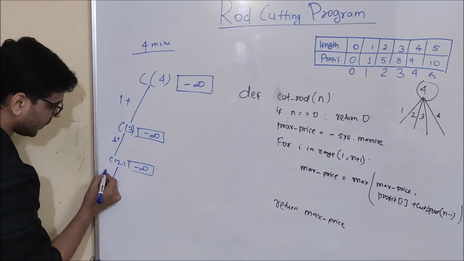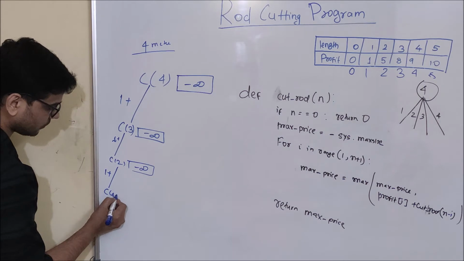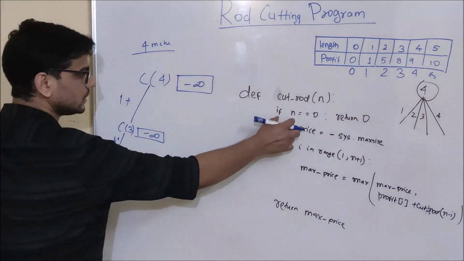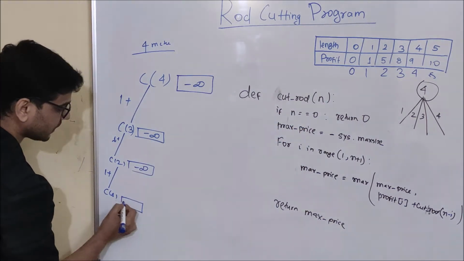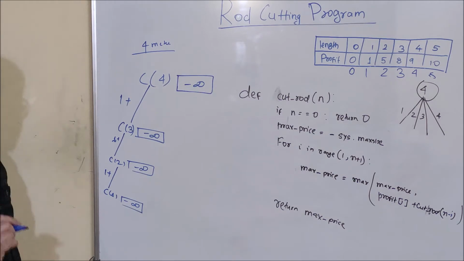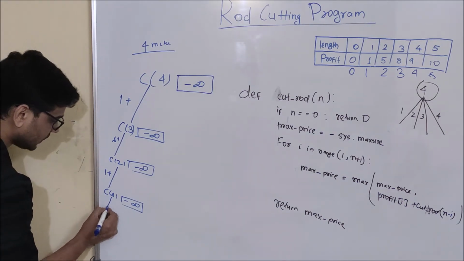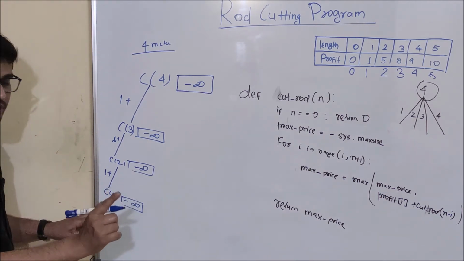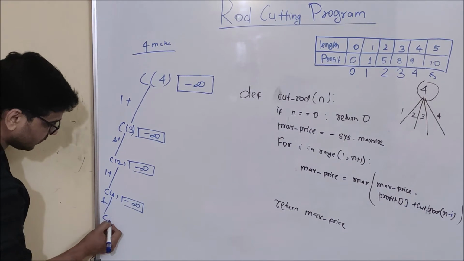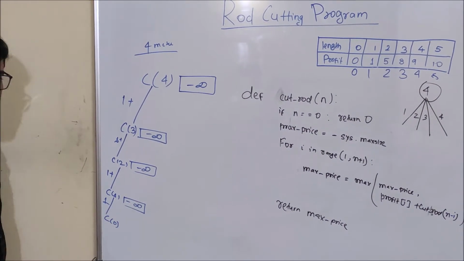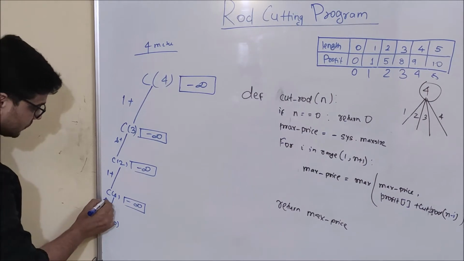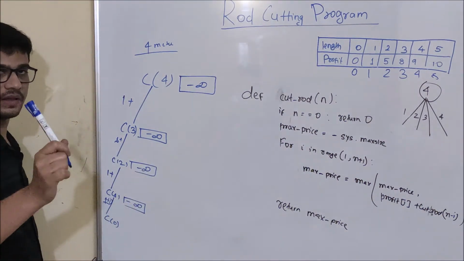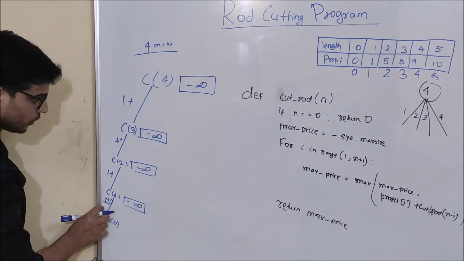And for i equal to 1, again it is 1 plus cutRod of 1. Okay. And when cutRod of 1 is called, again this if check will be false. This max price variable will be created and will be initialized to minus infinity. Correct? Then when cutRod of 1 is called, this max price is created as minus infinity and it will give a 1 meter cut and then we will call cutRod of 0. Okay? What is going to happen is cutRod of 0 is going to return 0 from here as n is equal to 0. So here it is 1 plus 0.